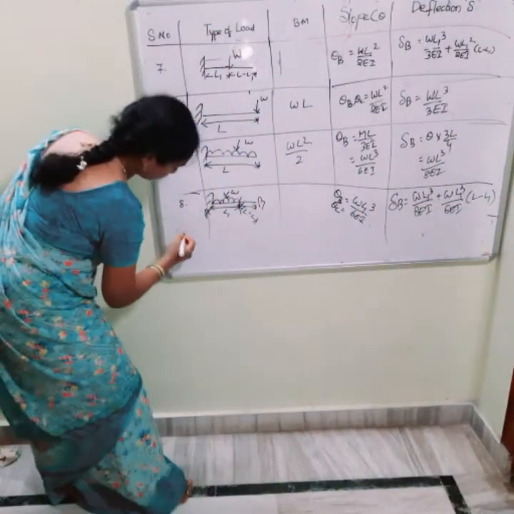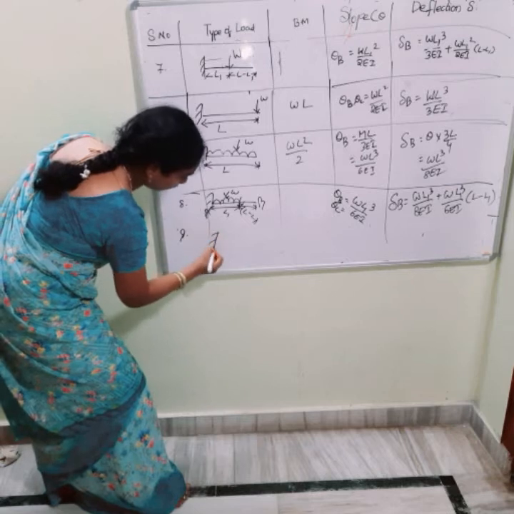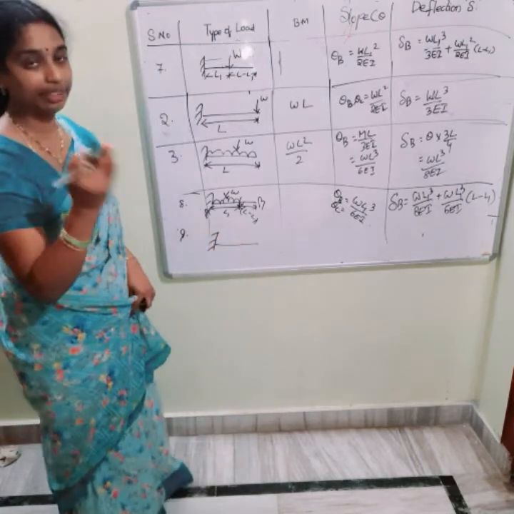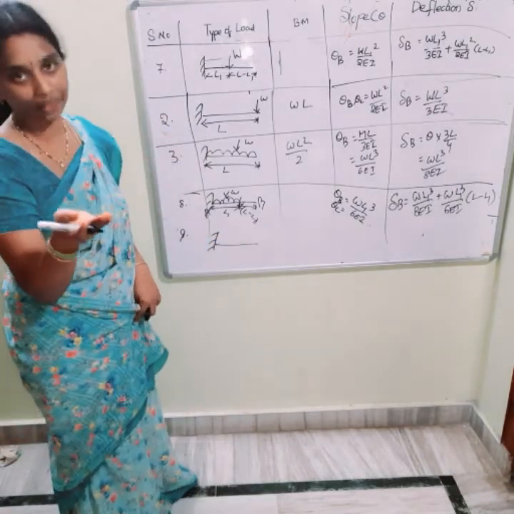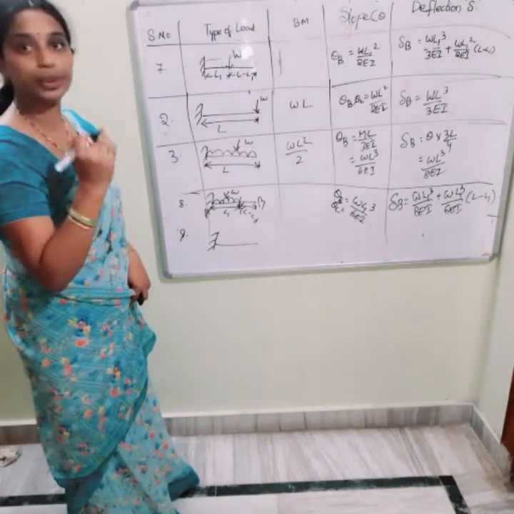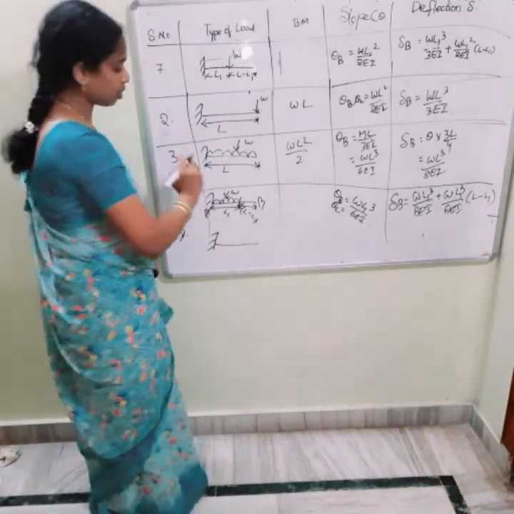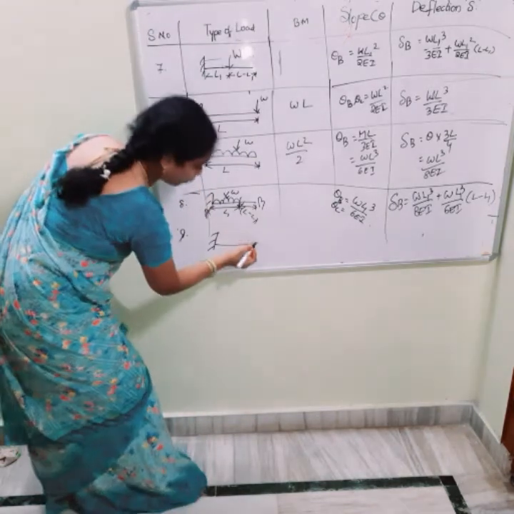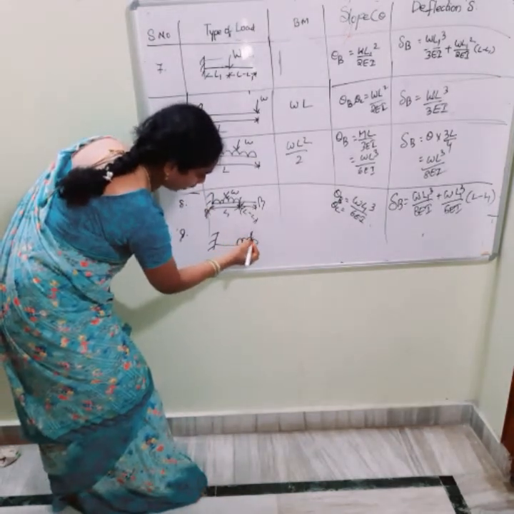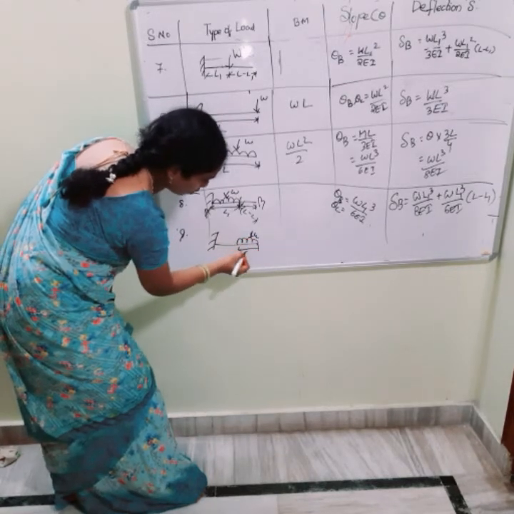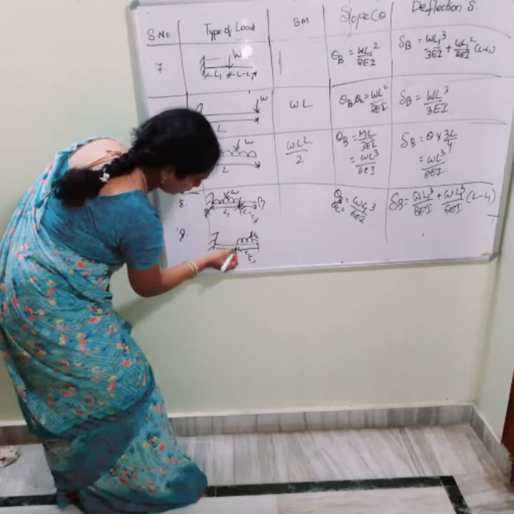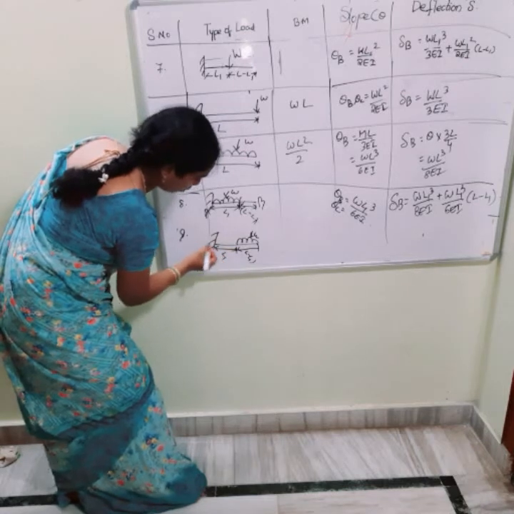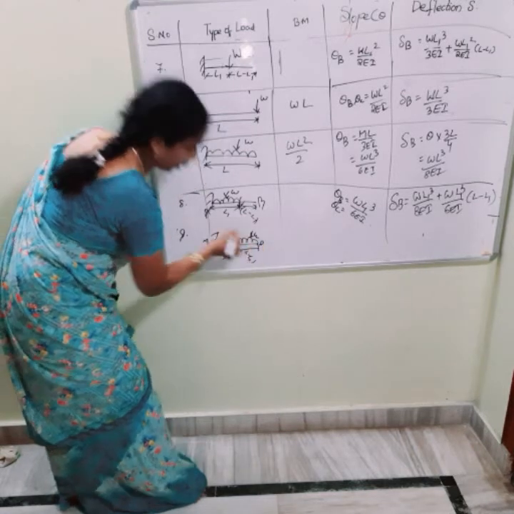Next one. When a cantilever beam has a uniformly distributed load, it may be on the left side, on the right side, or distributed completely. Till now we have discussed the uniform distributed load over the whole span and the left half of the span. Now I am going to discuss the right half of the span. So the distance is how much? L minus L1 I am taking. This is at a distance L1, A point, C point and B point.